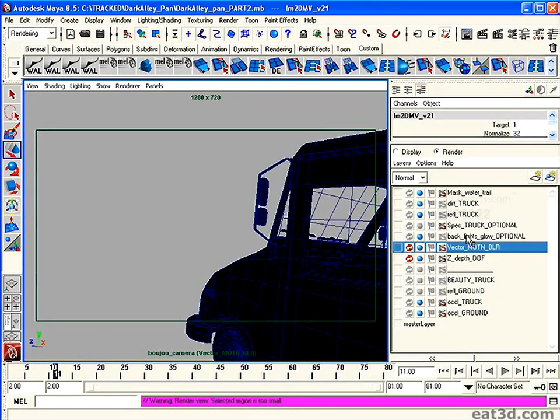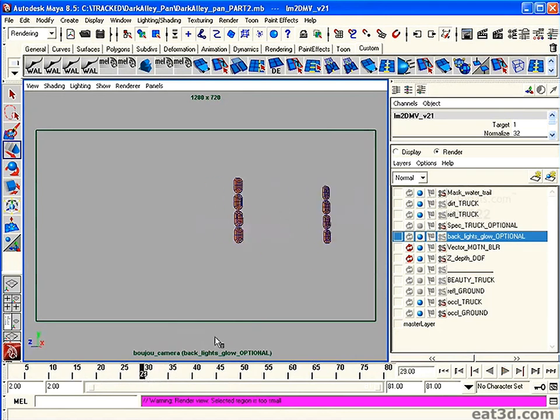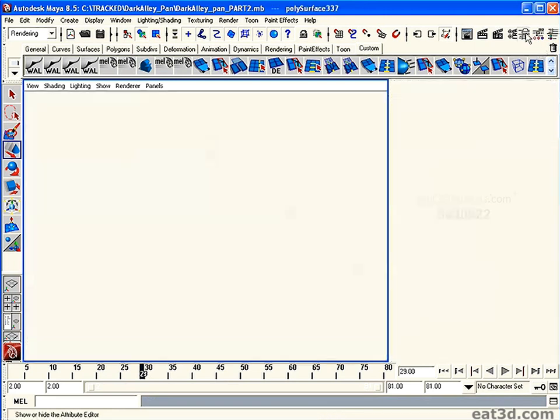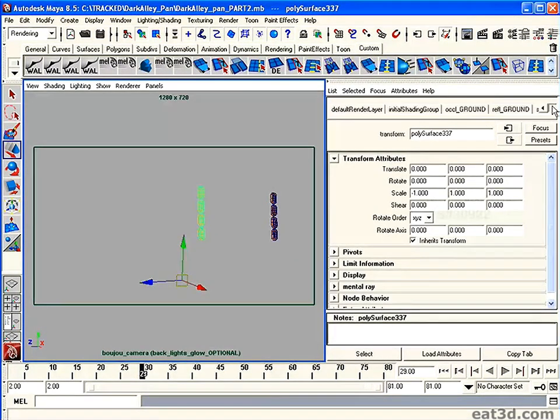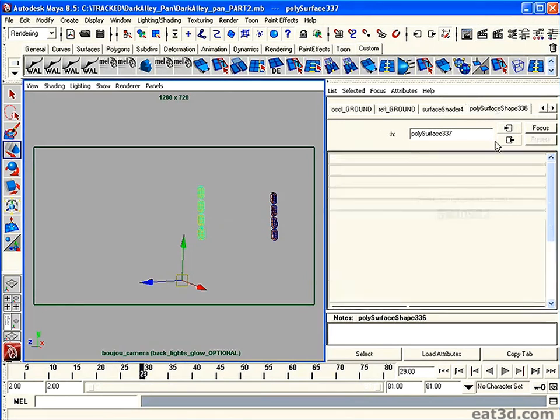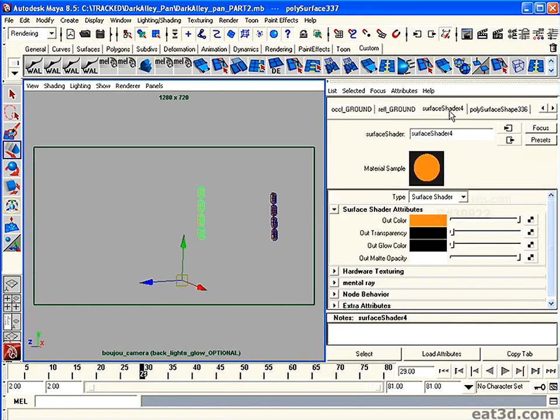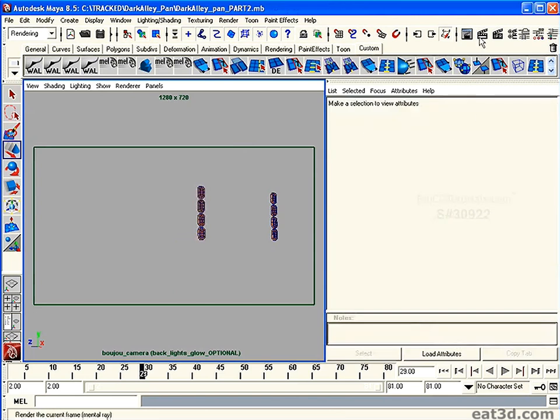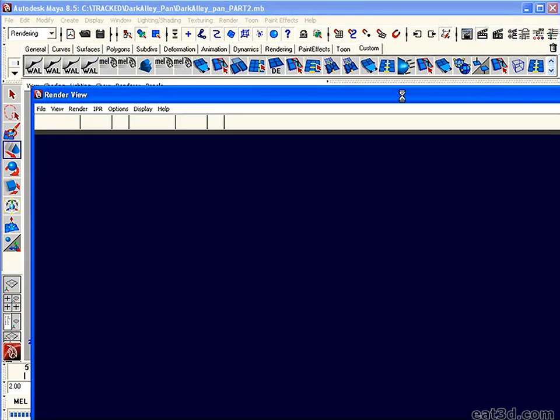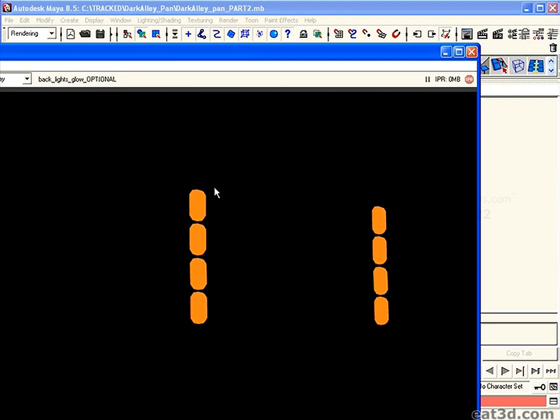So anyway, the next one is the backlight glow option. That's pretty simple. I just took this object and assigned a surface shader with it. And if I take a look at the surface shader itself, if you ever want to do glows and so forth, usually you want to do glows in post. But if you want to do glows in Maya real quick, you can do surface shader, and then you can increase the outglow color to orange. It basically means what you see is what you get. So if I render this, it's exactly what I'm going to get. I'm going to get just this unshaded, perfectly orange color